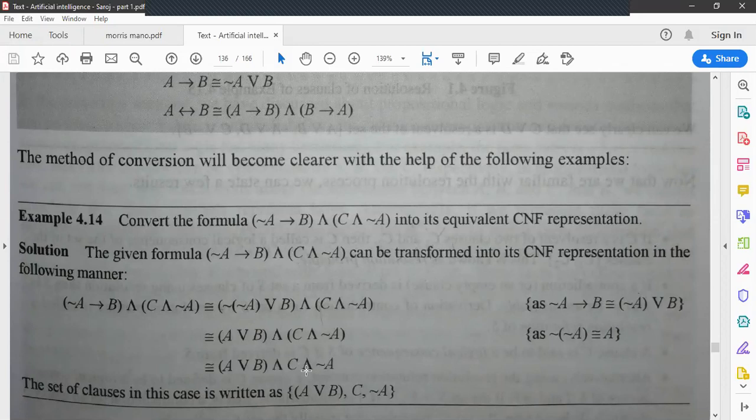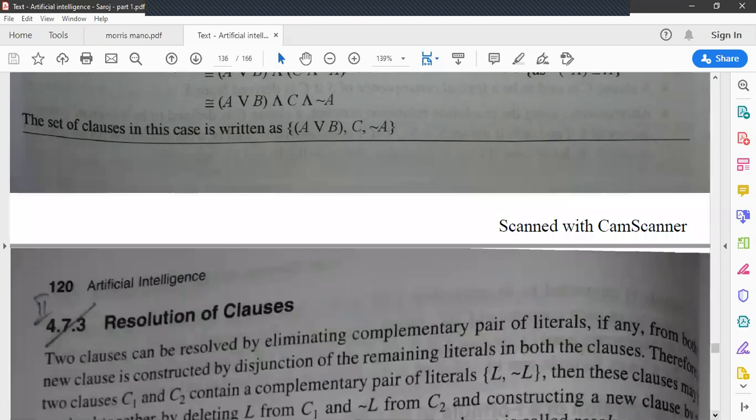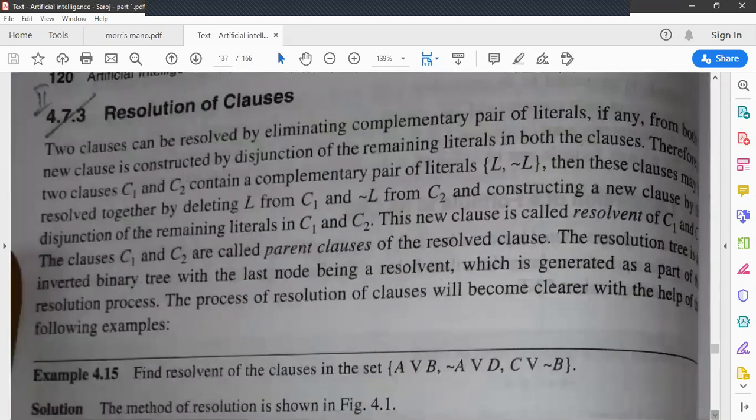If you remember, there we have some rules where you can introduce and operator, or you can eliminate and operator, you can introduce or operator, you can eliminate or operator. So from those rules, here we are eliminating and. So you can write this as A or B, comma C, comma not A. This is set of clauses. Each one is a clause, and it is written by